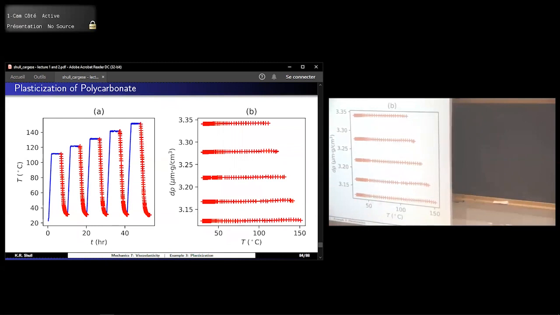We heat up again in steps, and at each of those blue steps, we look at the mass that we measure, and we're decreasing the overall amount of plasticizer in the sample. So this is just a way of getting different plasticizer amounts from one sample. So from the mass, that gives us the composition. And then if we look at the